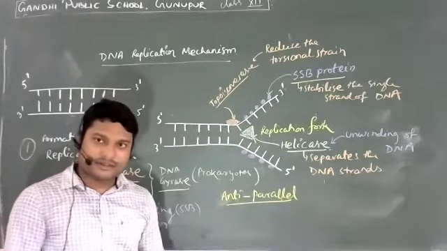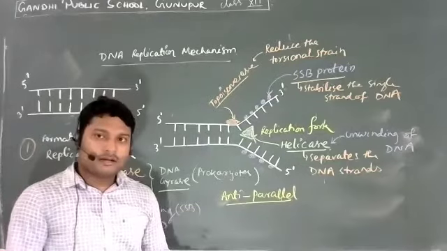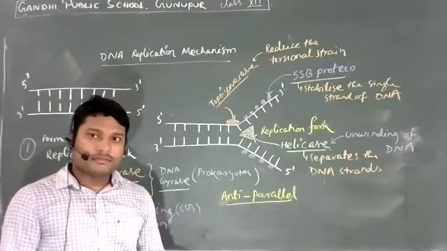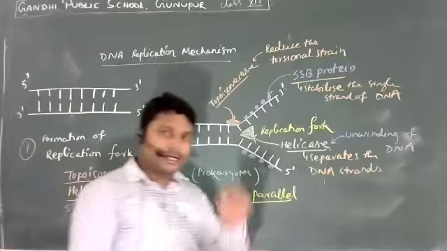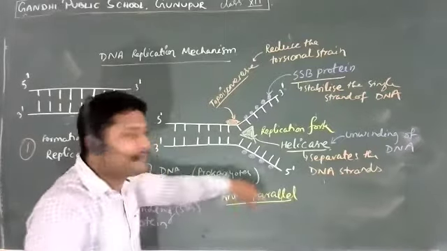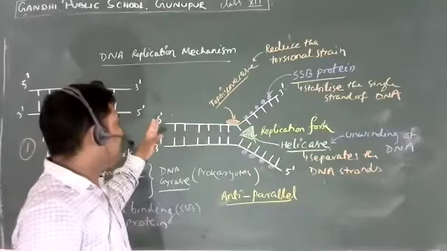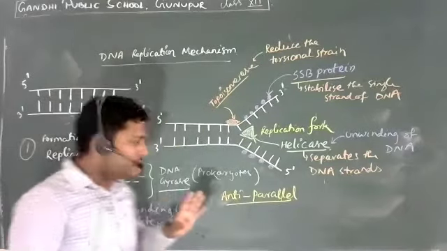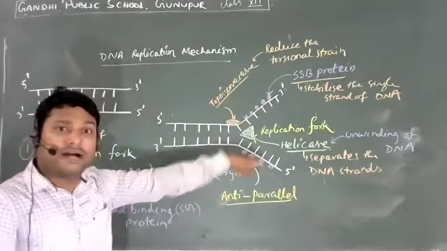Did you understand my question? No, sir, it should be opposite, sir. No, sir. Okay, I'll repeat my question. So what I'm saying is we're going to have two strands which are anti-parallel in nature. So one in the 5 prime to 3 prime direction, and the other strand is 3 prime to 5 prime direction.